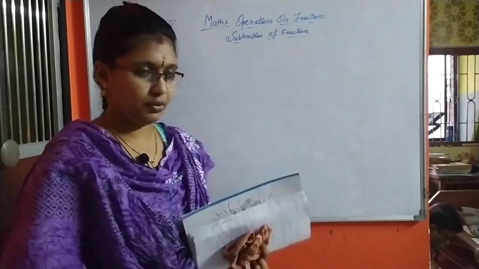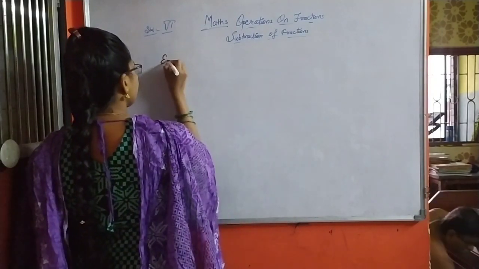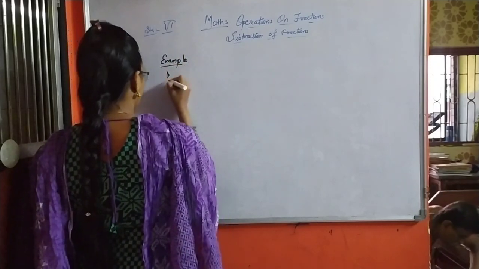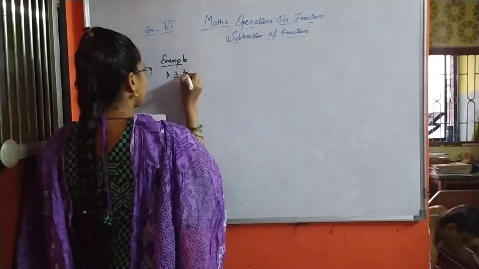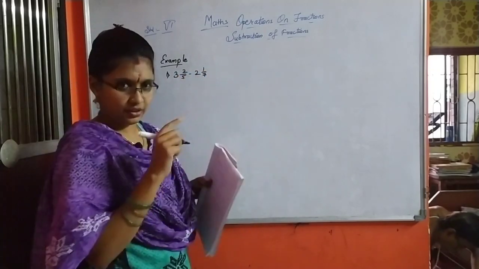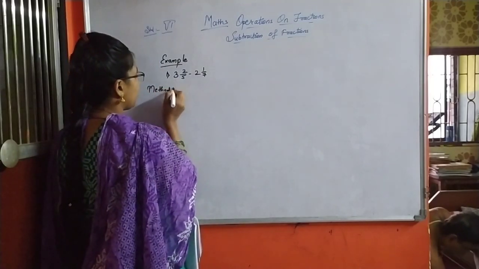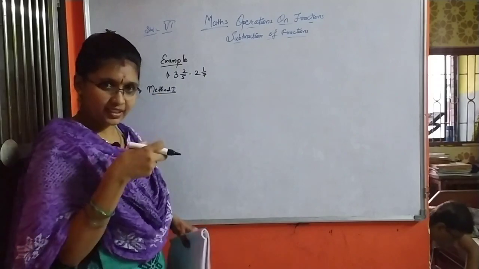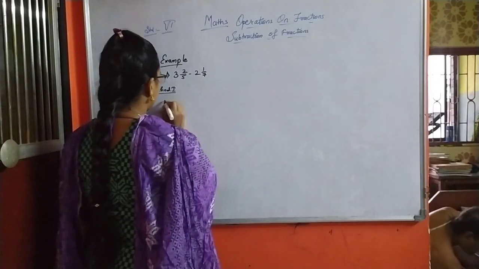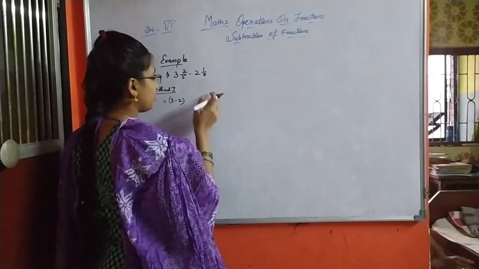So let's move towards the first example, that is 3 2 upon 5 minus 2 1 upon 7. So here, the first method, as we have learned in addition, we have to take the integral numbers together and then the fractions. So I am going to take 3 minus 2 in one bracket. Then if it is minus, we have to subtract.